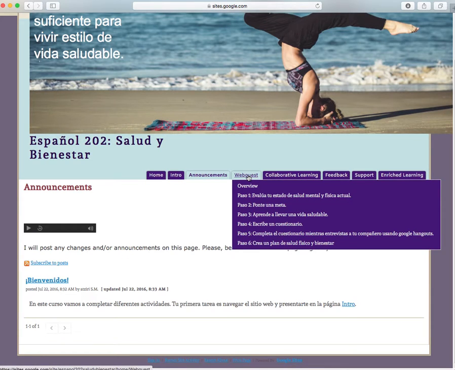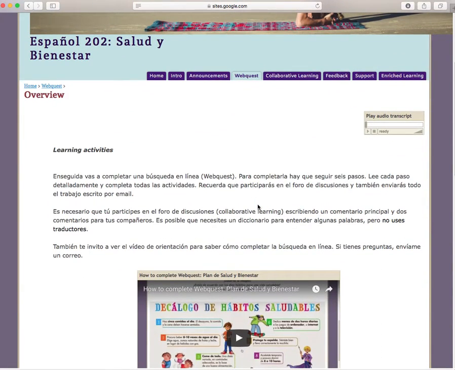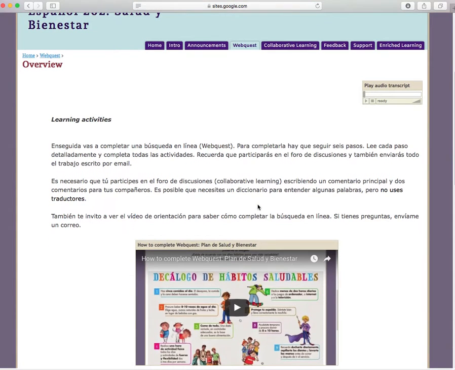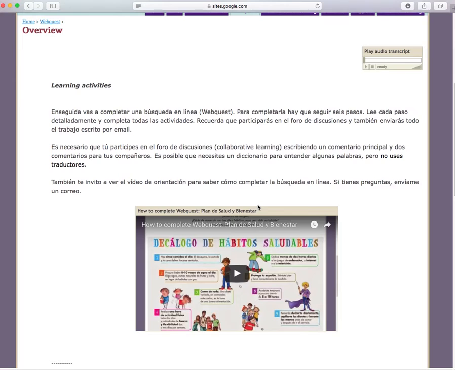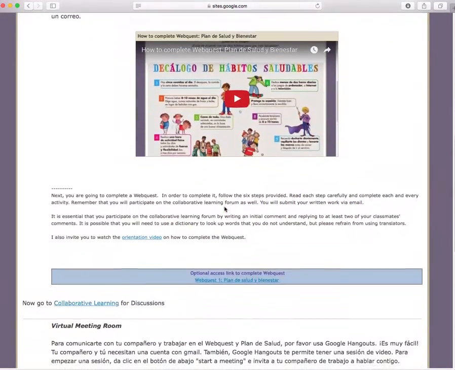On the web quest tab, you can see an overview page and 6 different steps to complete the web quest. The overview page has a lot of different information on what learning activities the students will be completing, and there is also a video on how to complete the web quest, which is entirely in English.